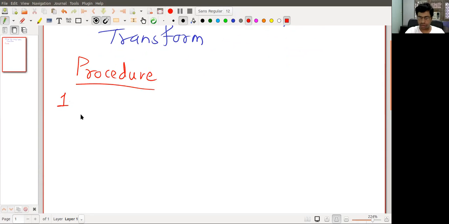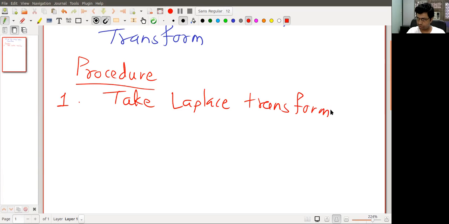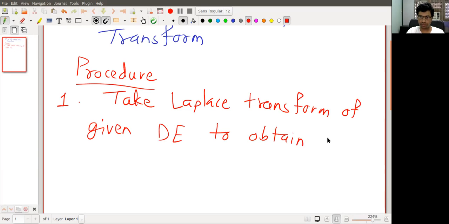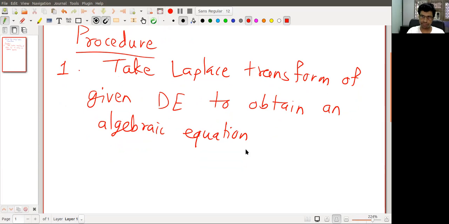First step is take Laplace transform of given differential equation to obtain an algebraic equation, usually a polynomial equation. Simplify this equation